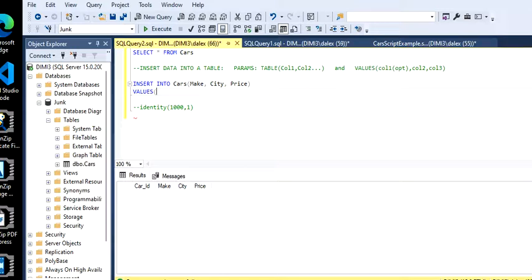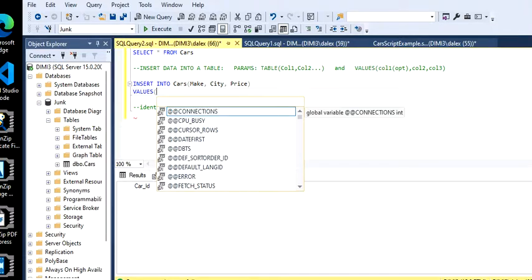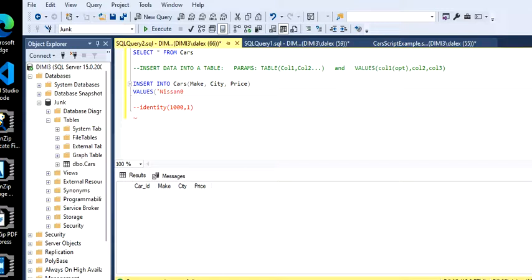All right, so because I'm not creating an ID, I'm going to start from the column number 2. So my make, I'm going to say something like Nissan, because I'm working with a string here. I specify this make to be a string, or in this case, I have a varchar here. I have to put this under single quotes. Then, comma, my second value is going to be city, so I'm going to do something similar. In this case, I'm going to say Milwaukee,